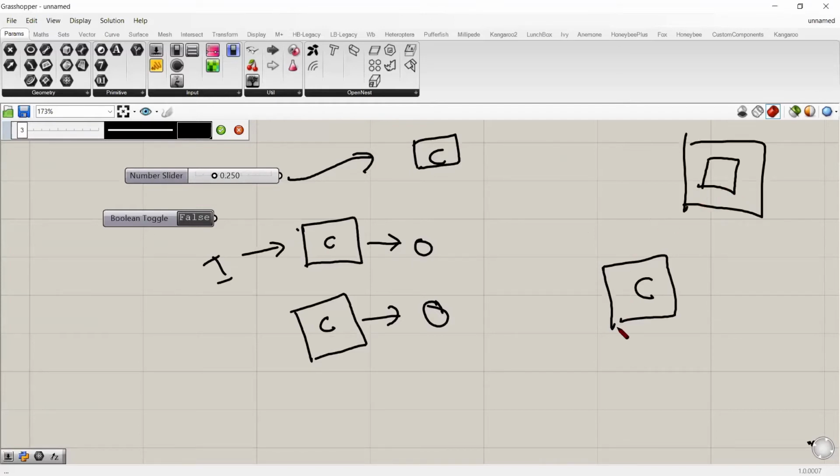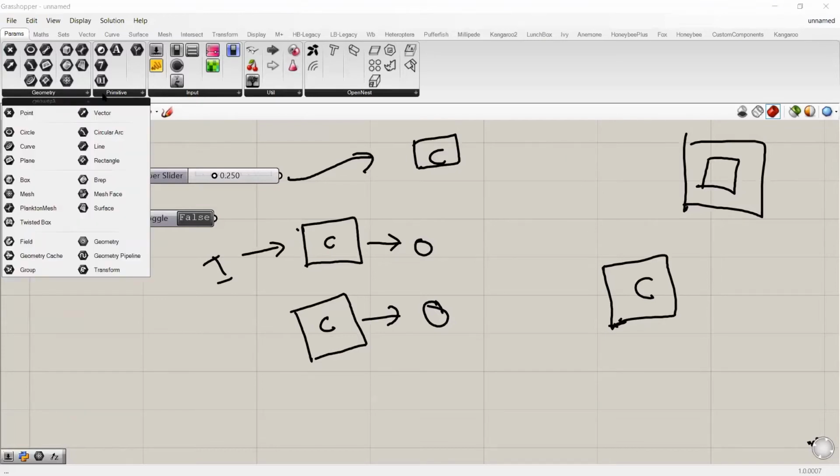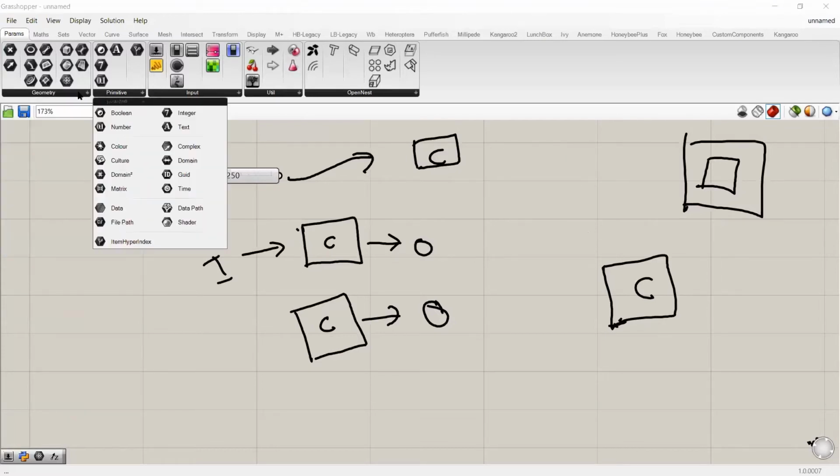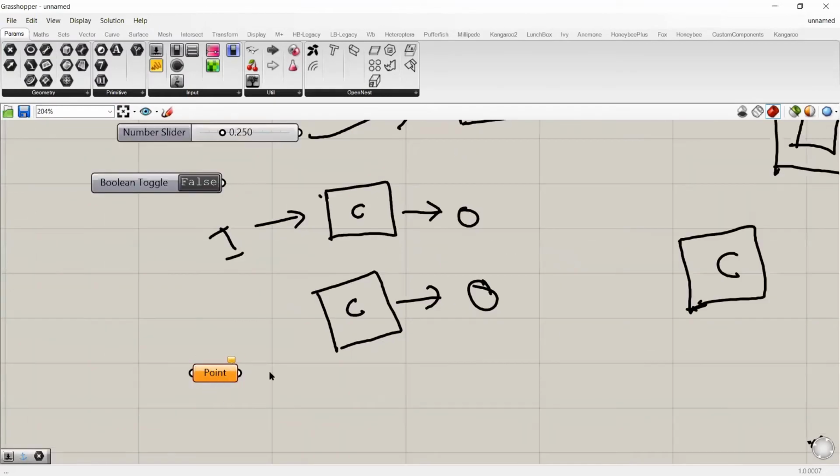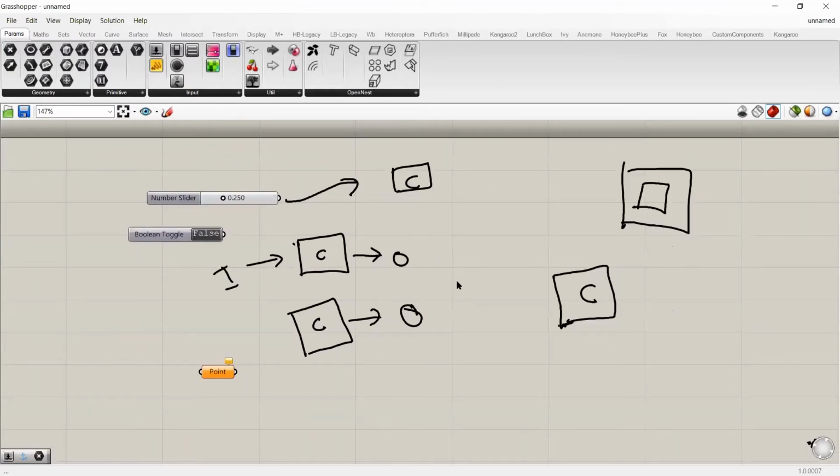You can use this component, which can be found in the Params toolbar, Params component tab, in this geometry toolbar and this primitive toolbar. So if I choose this point container component, you see this component can actually store a set of multiple points which has been defined in the Rhino interface.